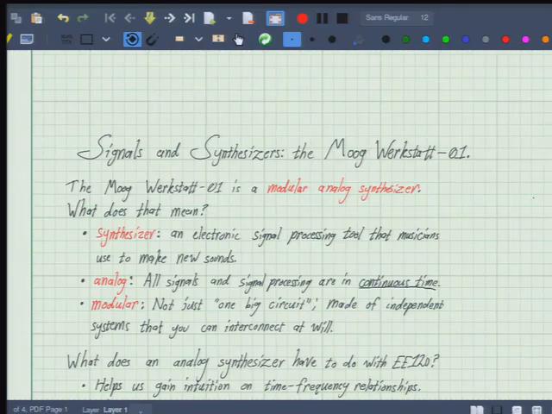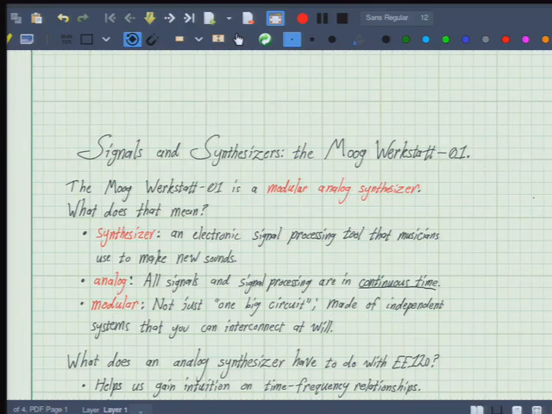And the last word here, modular. What that means is that if you were to unscrew the lid off of the Werkstatt, which I encourage you not to do, they're very expensive, but if you did that, you would see that it's not just one big monolithic circuit inside of there. It's actually split into a bunch of discrete circuit sections, which in the music world are called modules.